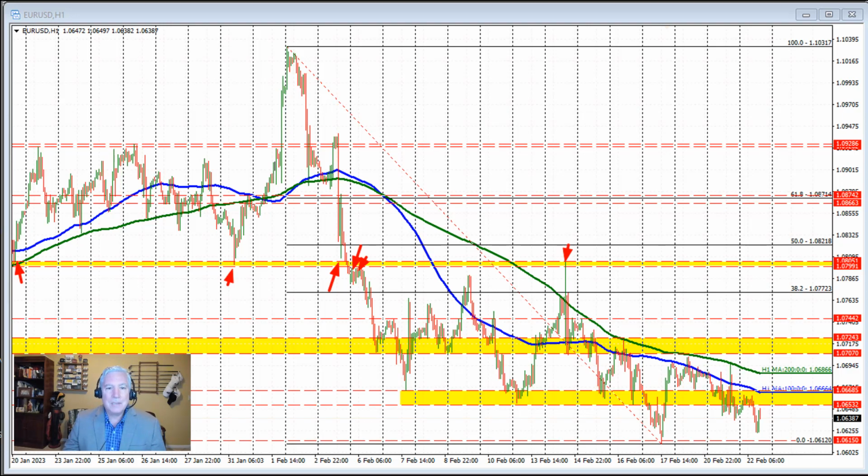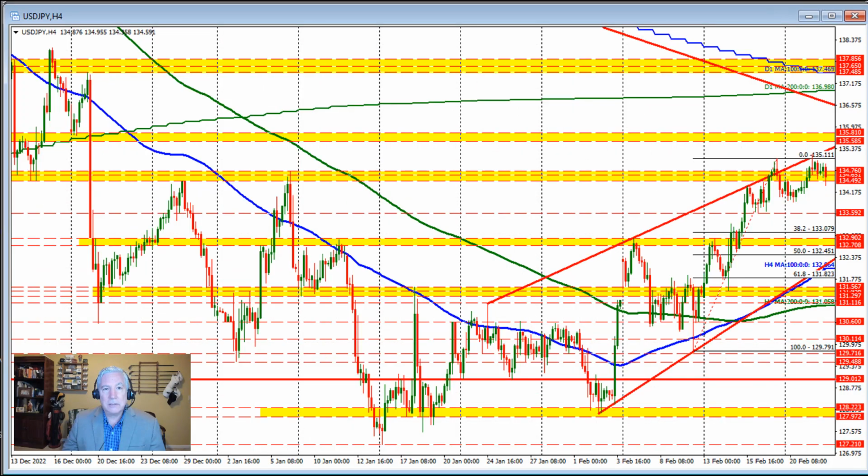What's important is the 200-hour moving average is our key barometer on the top side. If the buyers are to go higher, we need to get above that moving average. Absent that, the sellers are still more in control, and below the 100-hour moving average is also more bearish in the short term. Let's take a look at the dollar versus yen, and I look at the 4-hour chart here